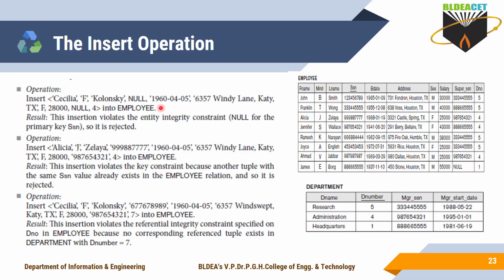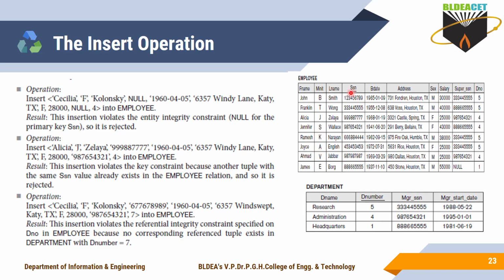Then you allow the insert operation to execute and insert the new tuple into the existing relation. This is one of the examples. Here I am trying to insert a new tuple, and I have given values for fname, middle initial and lname, and SSN I entered as null here.